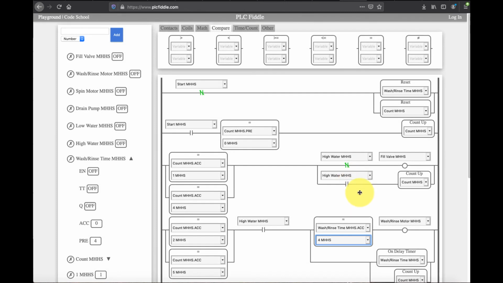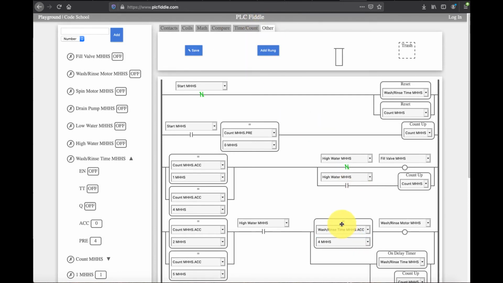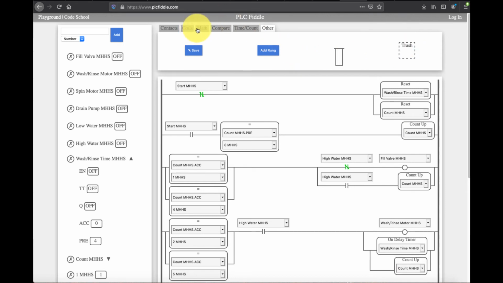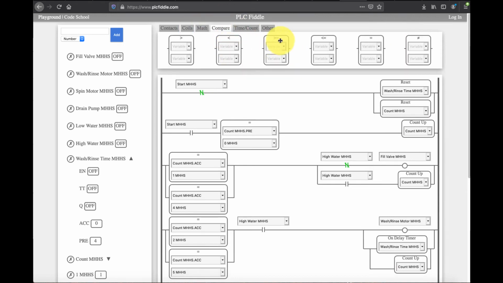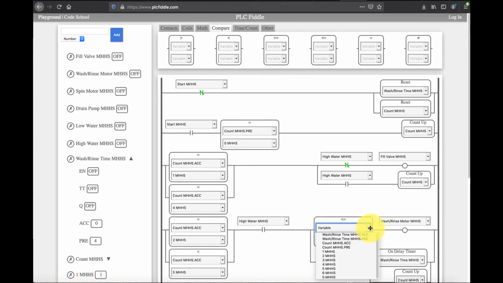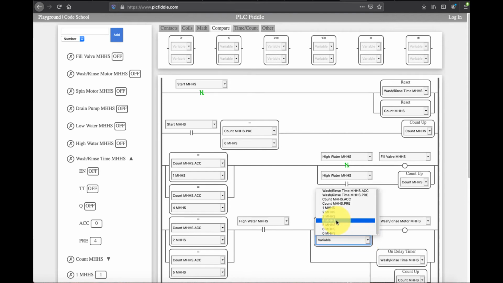Let me put that in the trash. I want less than or equal to. So go back to comparison and let me get a less than or equal to. Put that in here. When the wash rinse ACC is less than or equal to 4, this wash motor can